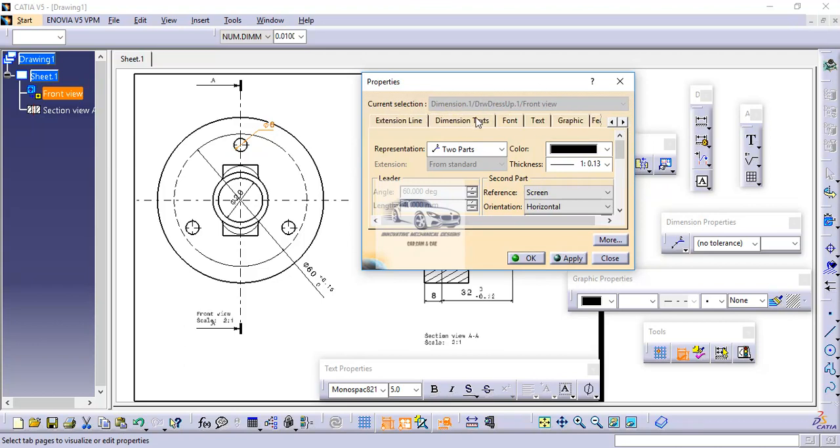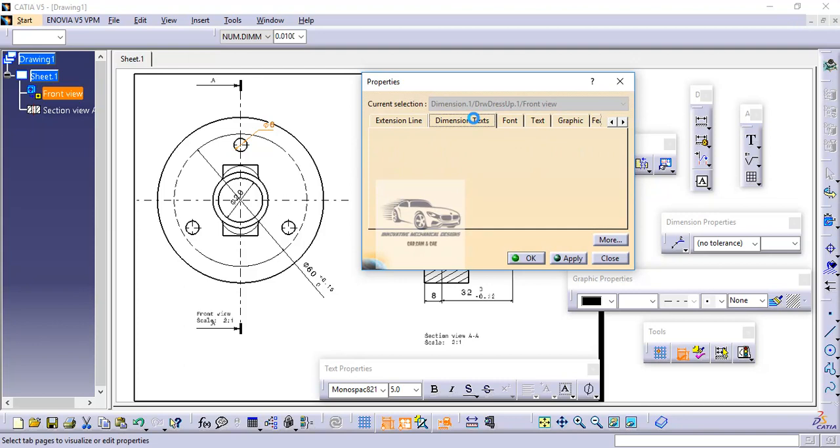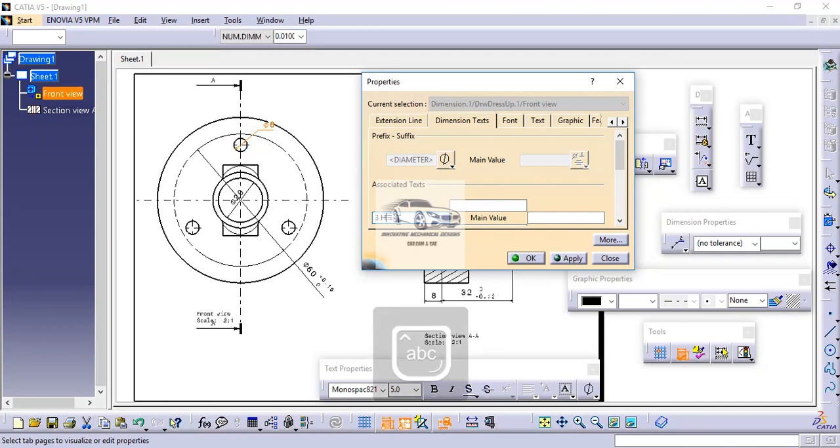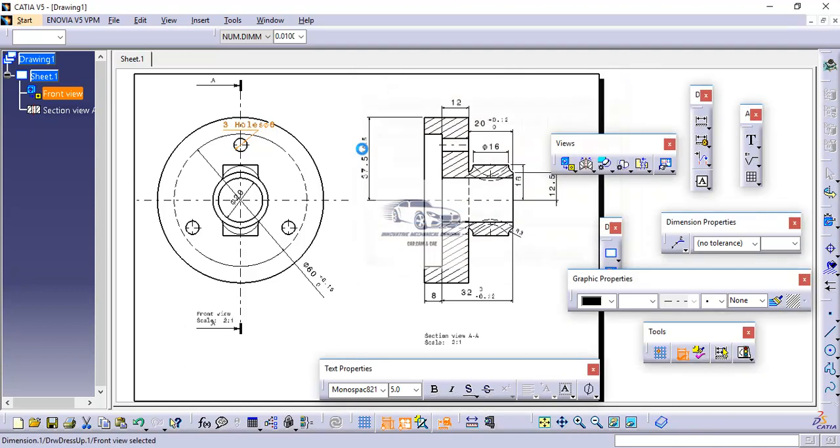Finally, to add the text we have to go here to dimension text, and in dimension text here we can write the prefix text. So here I will write 3 holes, and then apply, and then OK. So in this manner this gets created here. You can also set the text manually like this.